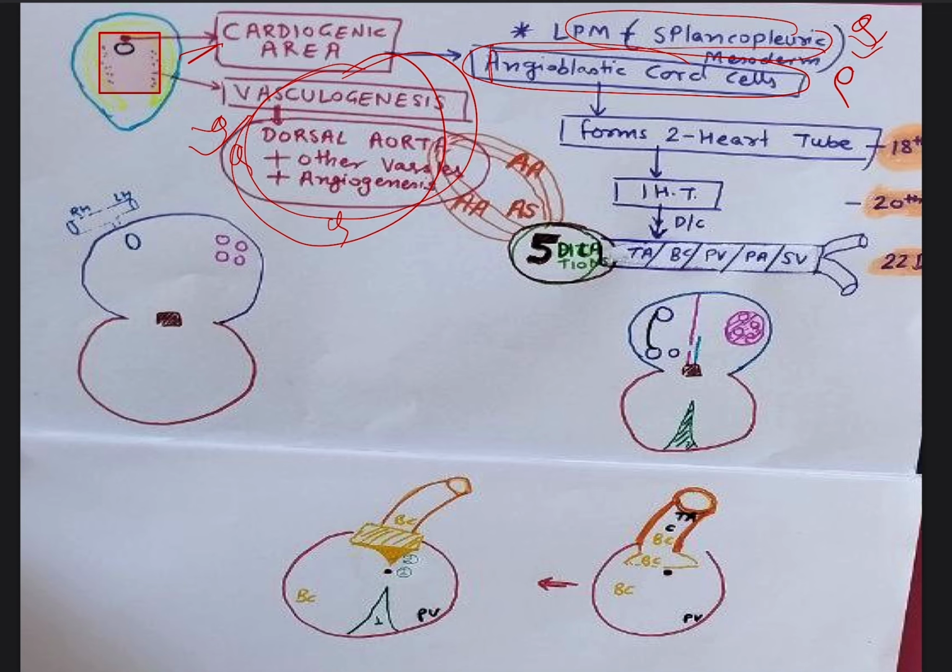But right now, focus on this heart tube. Two heart tubes on the 18th day form a single heart tube around day 20. After dilatations and constrictions, they will form the sinus venosus, primitive atrium, primitive ventricle, this is the bulbus cordis, and then the truncus arteriosus after 5 dilatations, which is connected to the dorsal aorta via the aortic sac